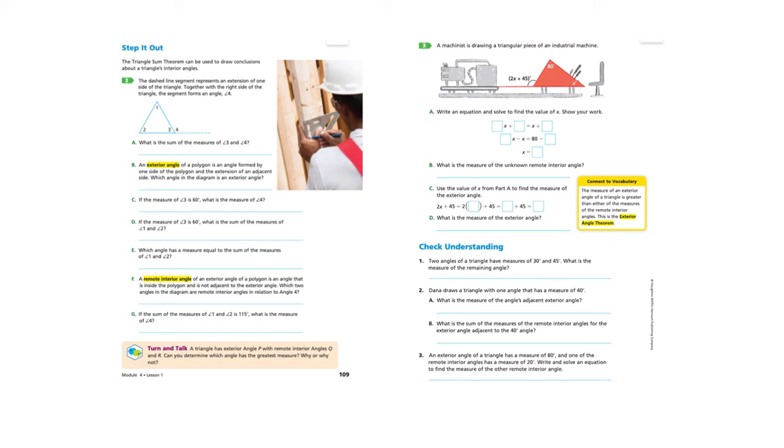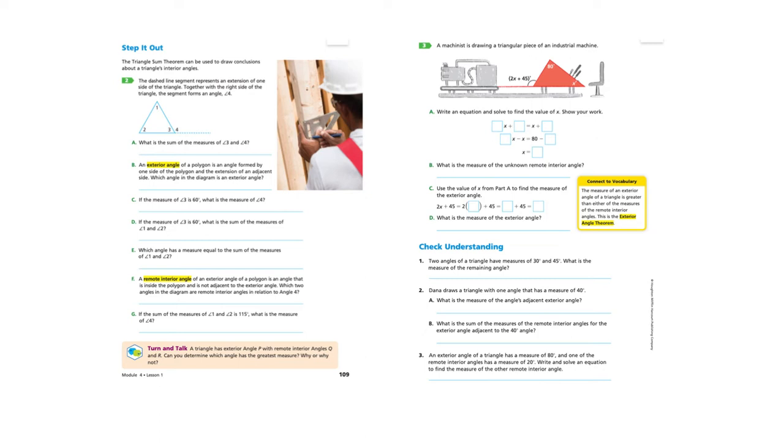So here on the next page, we're going to do the Step It Out. It says the triangle sum theorem, which was on the previous page, can be used to draw conclusions about a triangle's interior angles. And again, the interior angles are the angles on the inside of the triangle. So they've labeled on this one angles 1, 2, and 3. So A says, what is the sum of the measures of angles 3 and 4? So angle 4 here